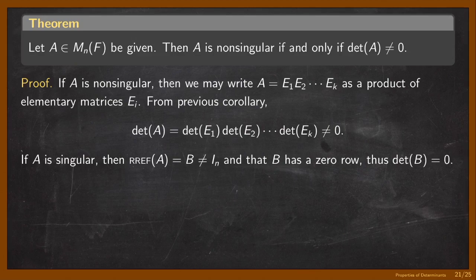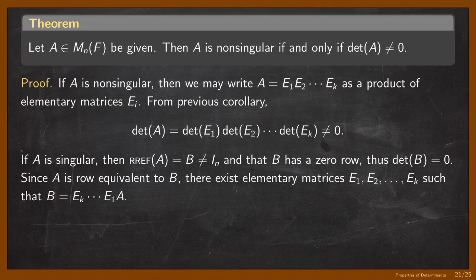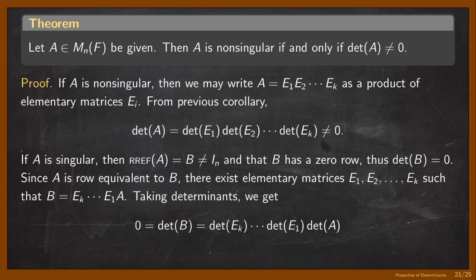But B is the RREF of A, meaning B was obtained from A by performing a sequence of elementary row operations. Hence, you can write B as Ek times ... times E1 times A, where each of these is an elementary matrix corresponding to the elementary row operations that you have performed. Hence, taking the determinants of both sides, this is zero,